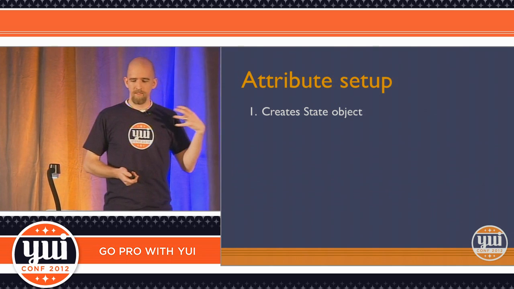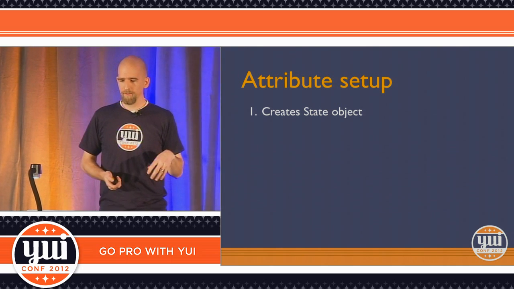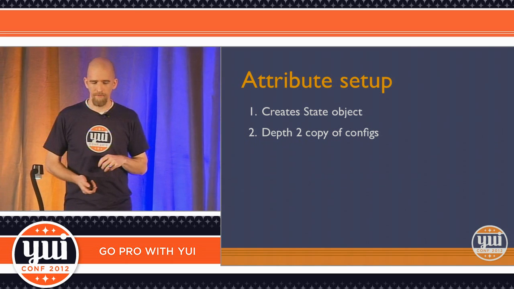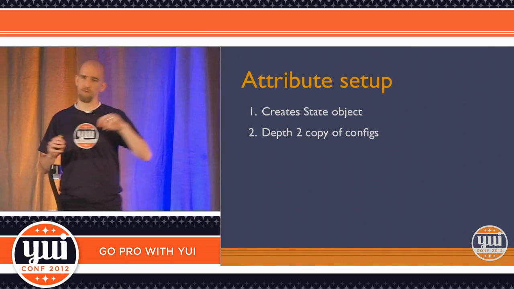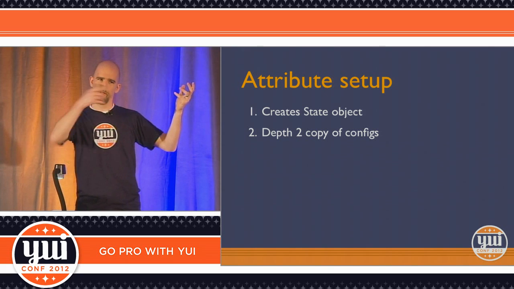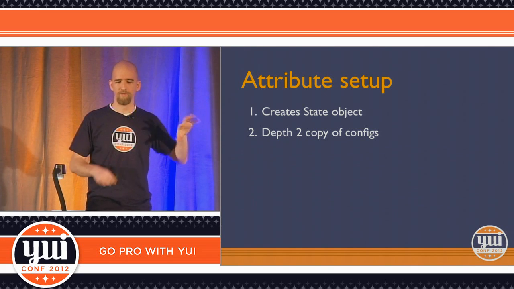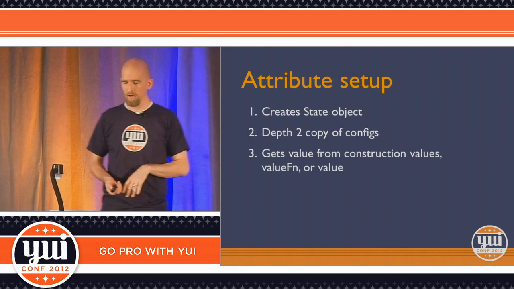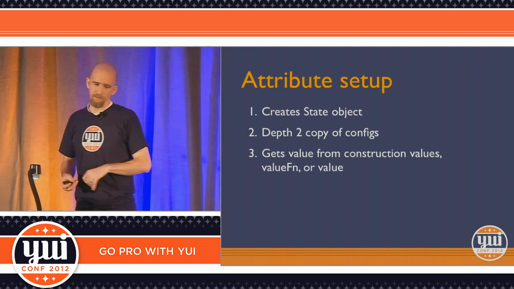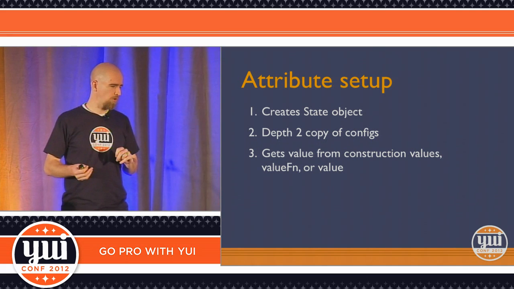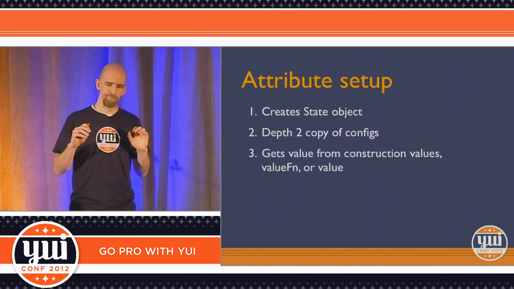The first thing it does is it sets up that state object, and then it takes the attribute configurations and copies them so that there's no chance of changing them on the fly later after the fact. So it preserves them by copying them. And then attribute core and family,